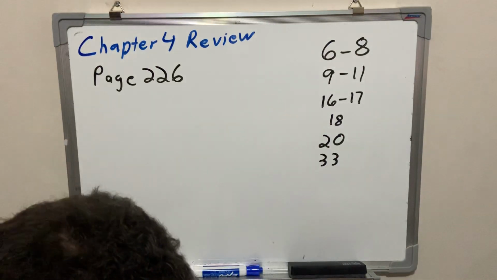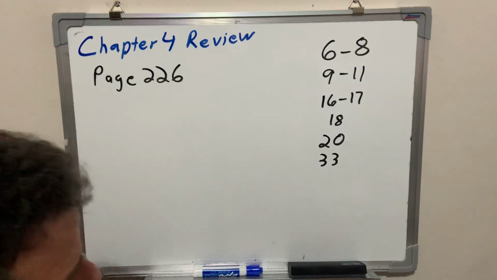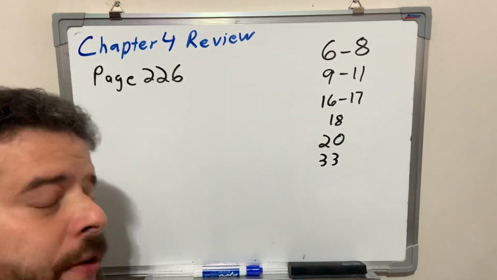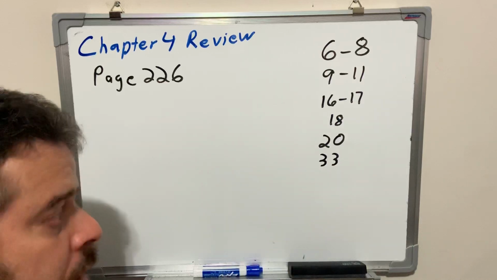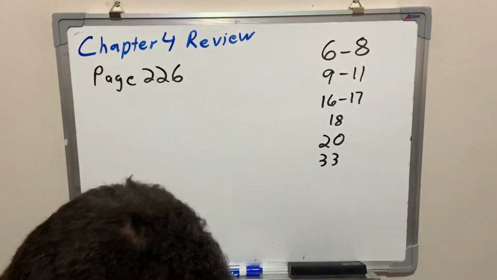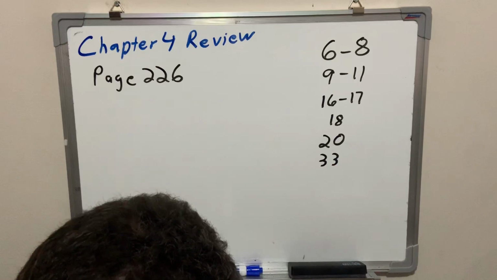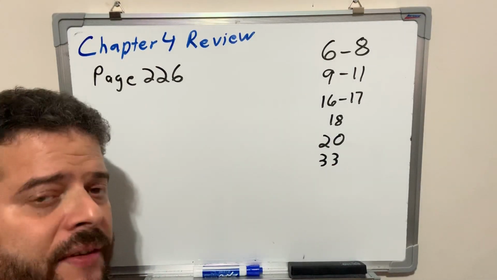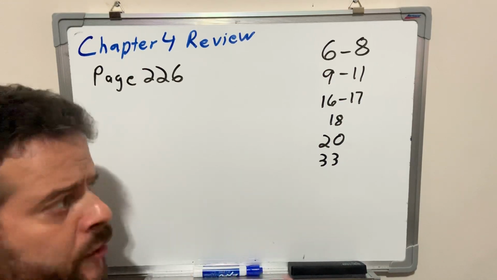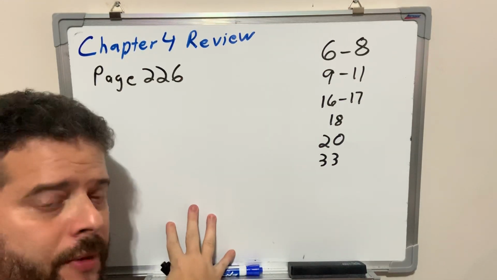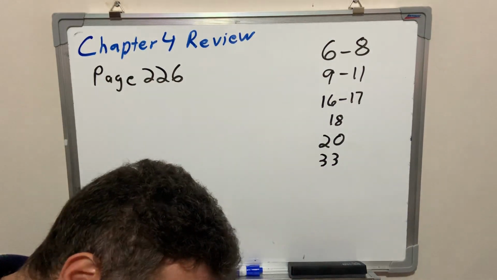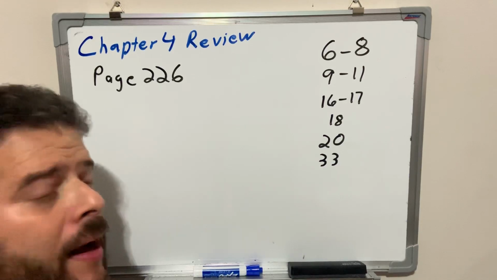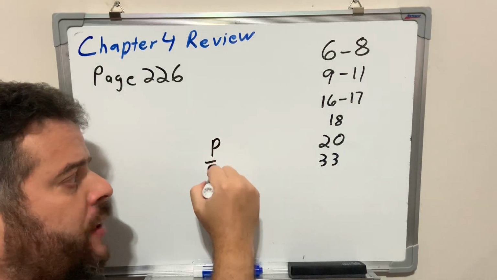You're going to do number 20, which is factor the polynomial completely. Factoring. Again, there's two types of factoring you will use in number 20 to make sure you simplify properly. And number 33, which is using the Cartesian rule of signs to find the positive zeros, the negative zeros. So pretty much the table, okay? The table. And then I want you to list all possible solutions with the P divided by Q